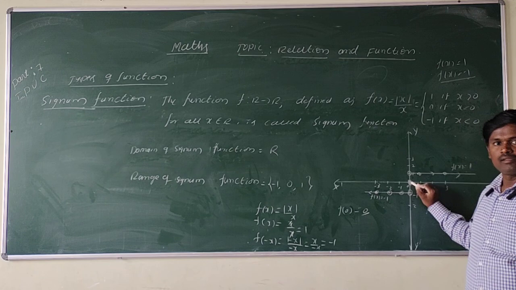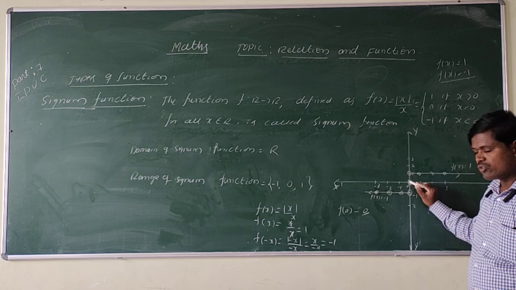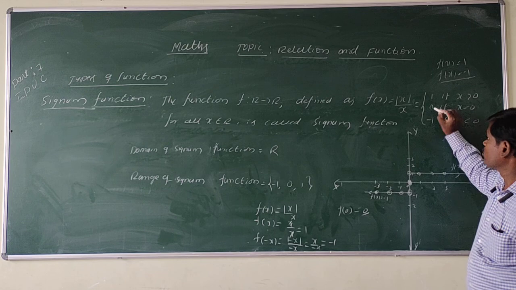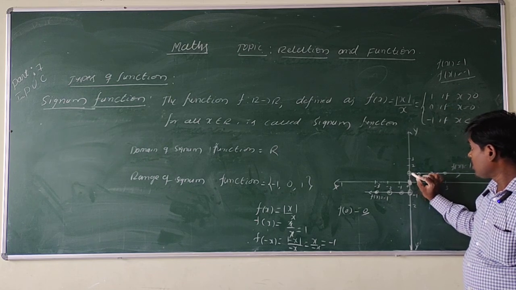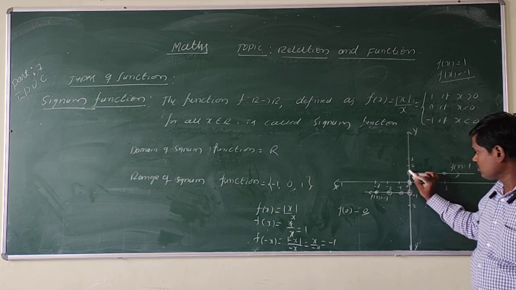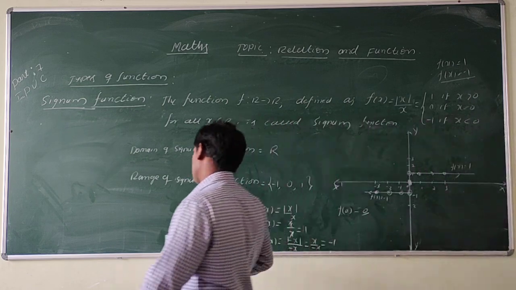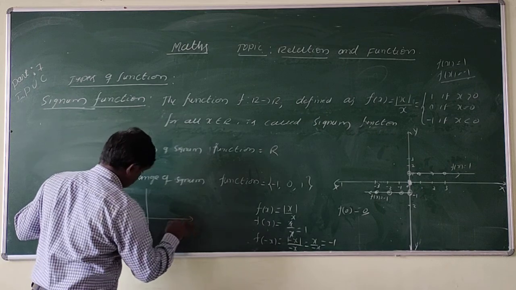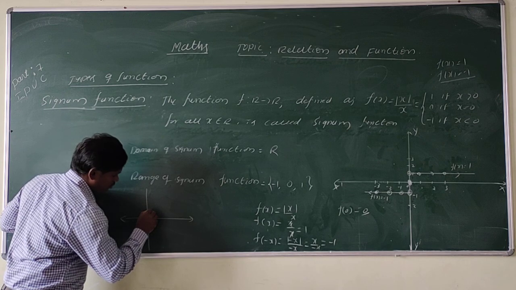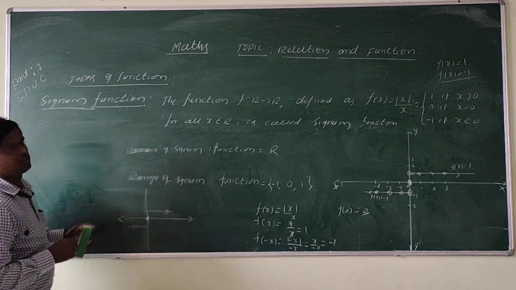If you are not taking a closed circle here, then you will lose 1 mark. Okay, so you must write down the open and closed circles here. That means including 0. So here, this is not touching the y axis. So therefore we are taking an open circle here also. Otherwise, you may write the signum function like this also. So including 0, this is greater than. Suppose this is less than.